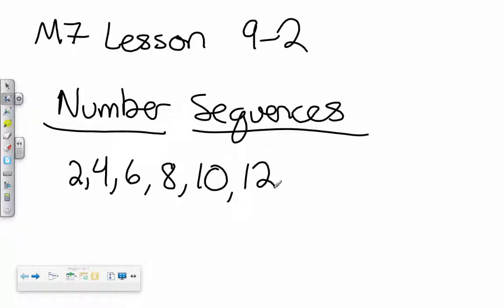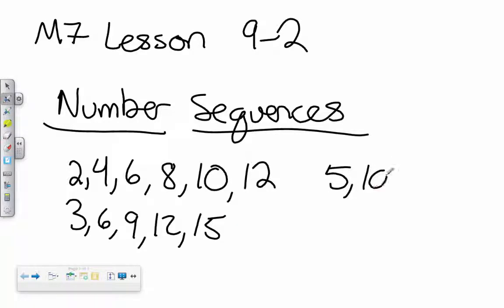Okay. What other kinds of number sequences do we have? Caitlin. 3, 6, 9, 12, 15. What other kinds of ones do we have? Yeah. 5, 10, 15. Yeah, counting by fives. All right, now I want you to go outside the box a little bit. What's another one? Isabella? Wait, what do you mean by out of the box? I want you to think of, like, 15, 30, 45, 60. Okay, that would be one.